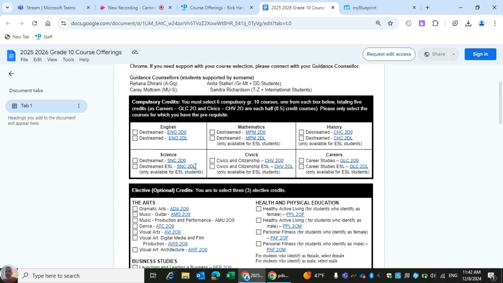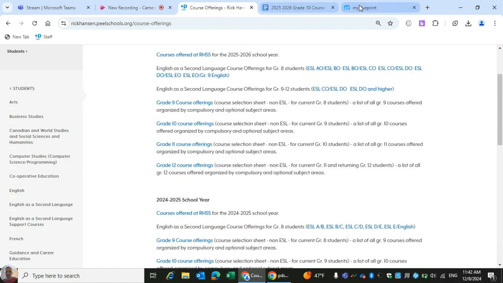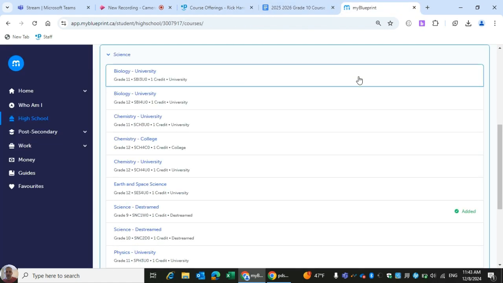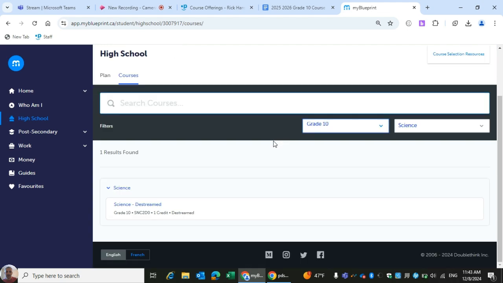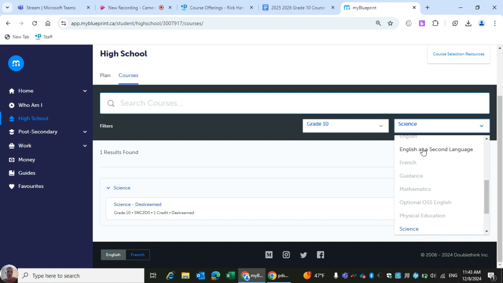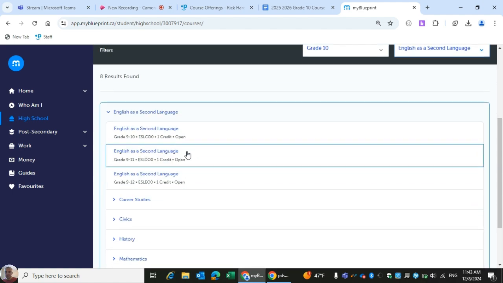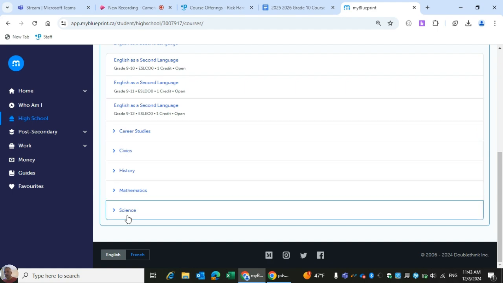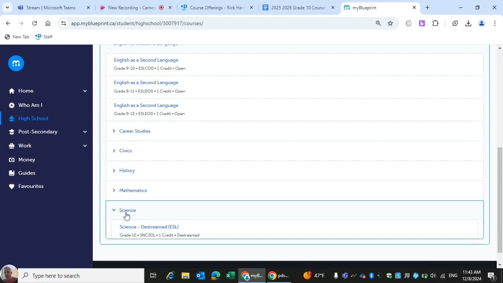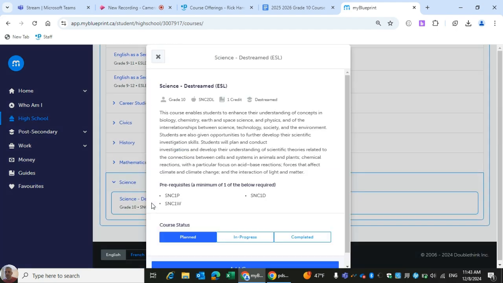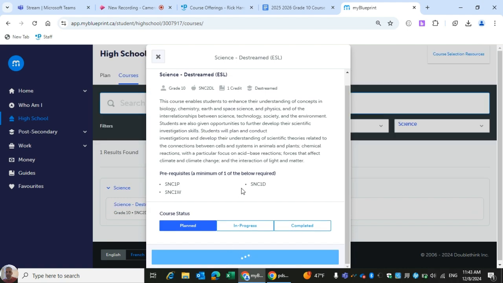If I wanted to select, for example, the science ESL course, back in my high school planner, if I click on science and change the filter to grade 10, I don't see it here in the menu. We've put all of our ESL courses under the ESL subject heading. So next to the filters, we can see there's the science subject area. If we click on the drop-down menu, we can see all subject areas offered. If I click on English as a second language, and I scroll down, I can find all the subject areas where we have ESL support courses. I'll click on science, and there's my ESL supported science course,